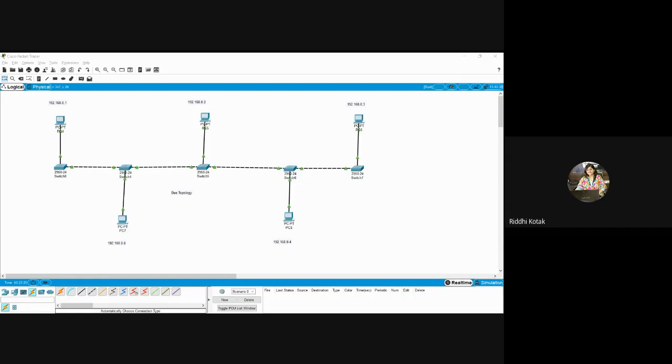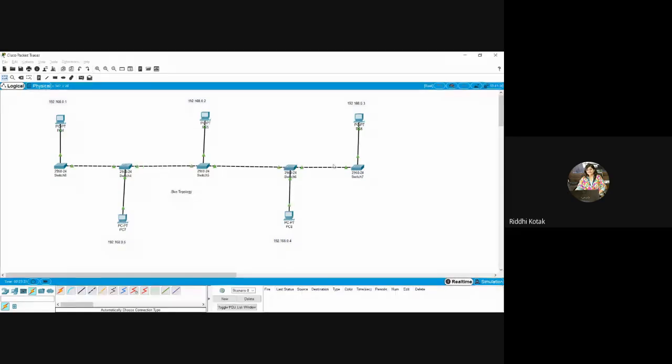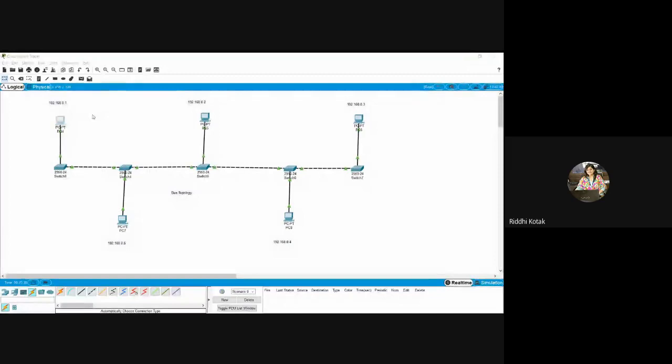Okay, now we will start configuring the system. Add devices, right? Go to desktop, again repeat the same process. We will configure every PC again.